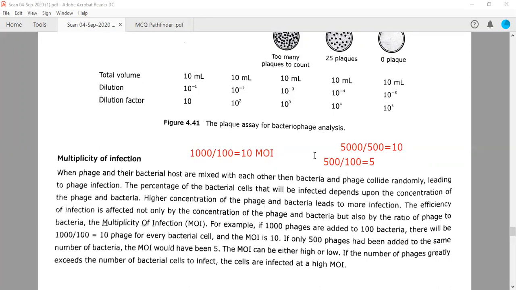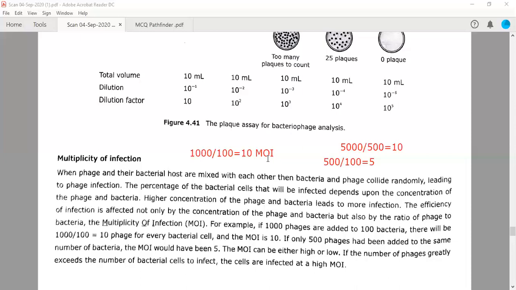Now both the numbers are showing something which is very important. One is here you are having multiplicity of infection 5. In above 2 cases, you are having multiplicity of infection 10. So what it signifies? It signifies that if you are having more number of bacteriophages per bacterial cell available. So suppose in one case you are having 5 viruses to infect one E. coli cell, and in the second case you are having 10 viruses to infect a single E. coli cell. Anyone can tell that here is more chances of infection because here you have 10 viruses to infect the same bacterial cell, right?